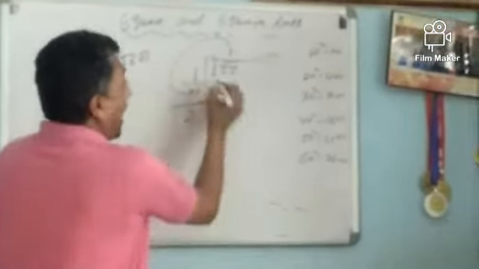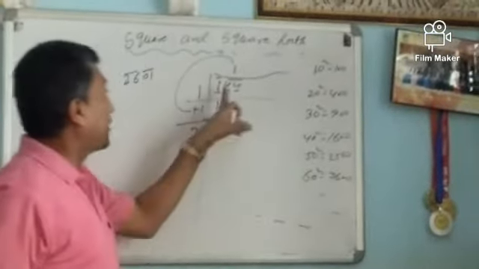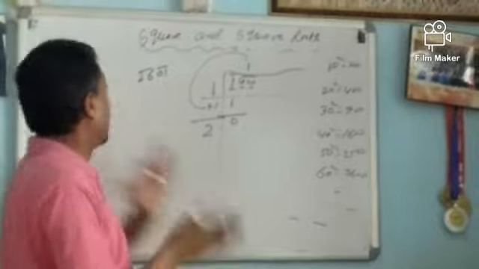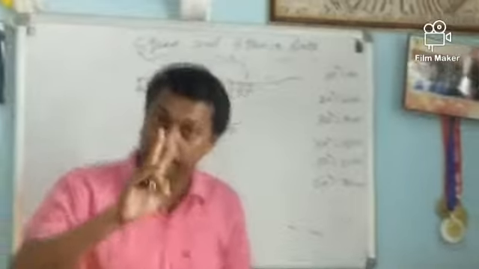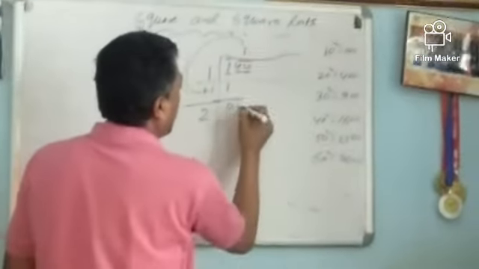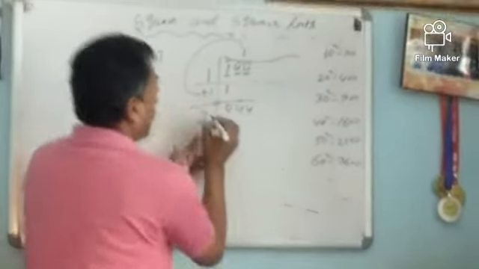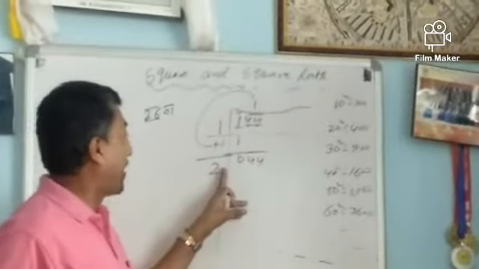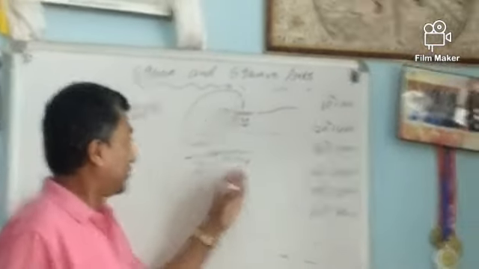Now see, whenever we have to find the square root, in the first case we have written a single; if the single case is there, and if the double is there, then we take the double. But after that we always have to take the double. So double means 44, we write 44 here. Now whatever number we write here, put the same number also. If we take 1, 1 ones are 1, 4 is not there. 21 ones are 21, it is not close to 44.